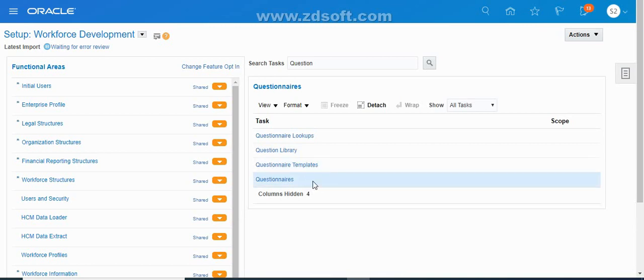Why do we need to create the questionnaire? Because whenever you want to remove certain things or certain questions from the sections, however you want, you can remove them with the questionnaires. This template is completely like a guide. From this guide, you can take the reference and then create your questionnaires as you require. Please note that questionnaires are not mandatory.